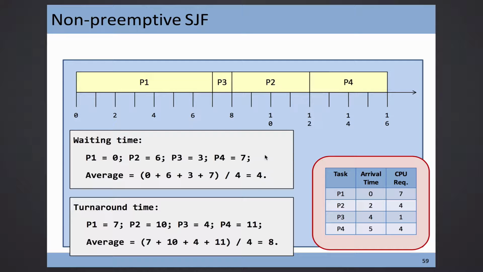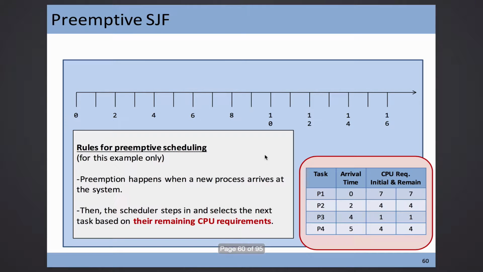We go on. So the preemptive version comes. So for the preemptive version, we have to set up a requirement. The requirement is about how to do a preemption. Okay? So preemption means that at the time when a new process arrives at the system, then we will push the original one aside, and imagine that there is a scheduler. The scheduler is a human. Okay? We'll step forward and choose which one has the shortest CPU requirement, and I pick that one up and execute it, okay? So this is the preemption rule.